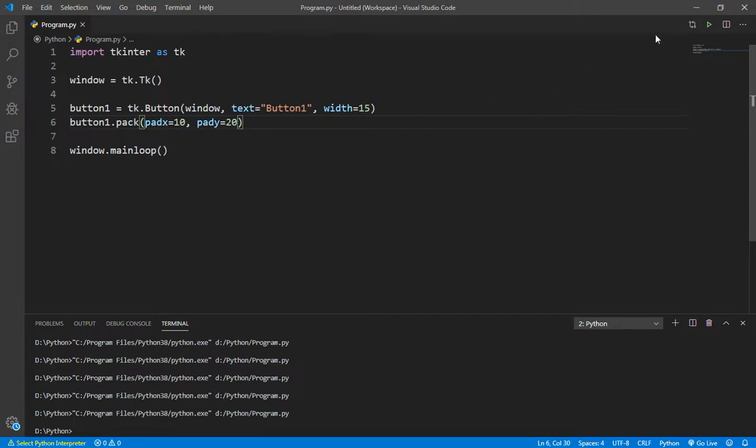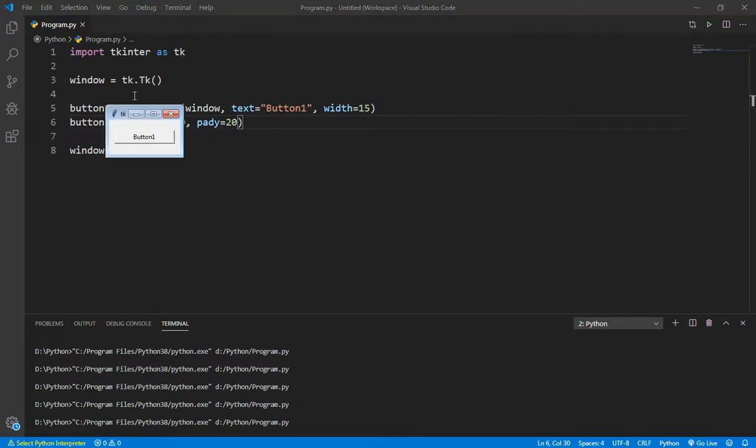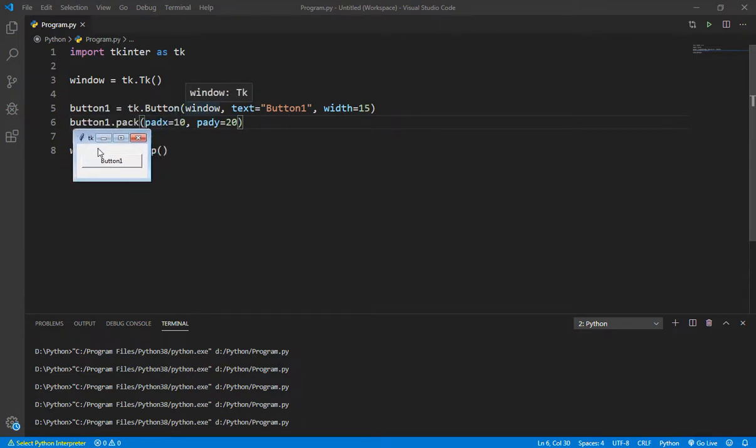It will throw an error if we write that. As you can see, in x-axis there is 10 pixels padding from both sides, from left and right, and in y-axis there is 20 pixels gap from both sides, top as well as bottom.